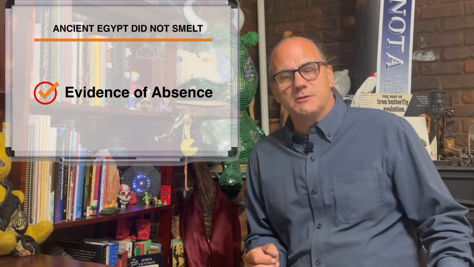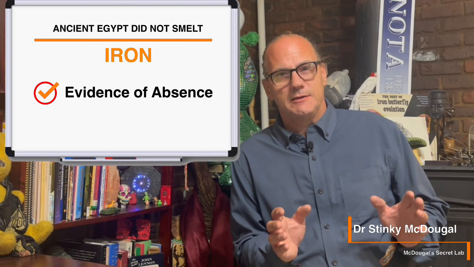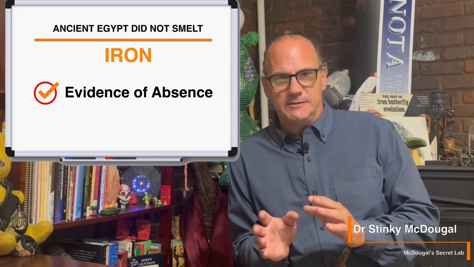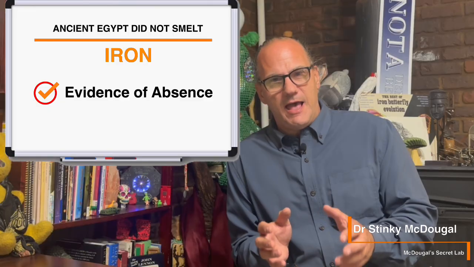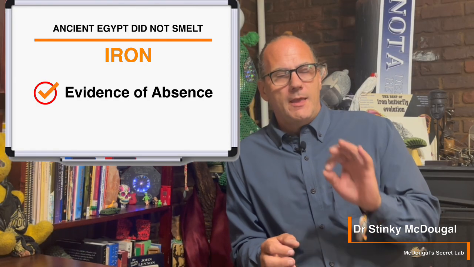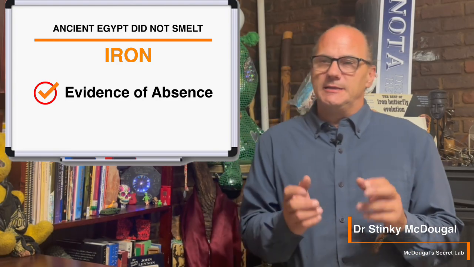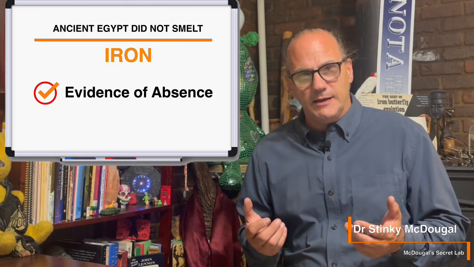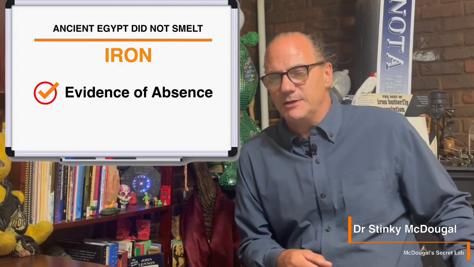So what Dr. Miano is describing here is called evidence of absence. Not an absence of evidence, evidence of absence, which is to say there is an absence of any evidence that they smelted within the Egyptian kingdom. And it's important that we look at it that way rather than saying, did they ever achieve the technological skill set to work with iron or not? Because the answer is yeah, they knew what iron was from a very early stage.